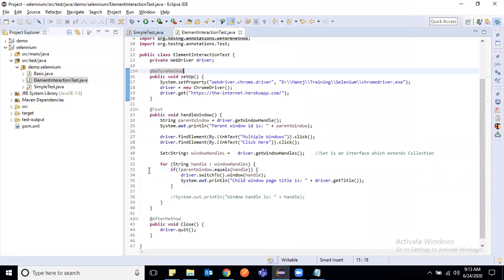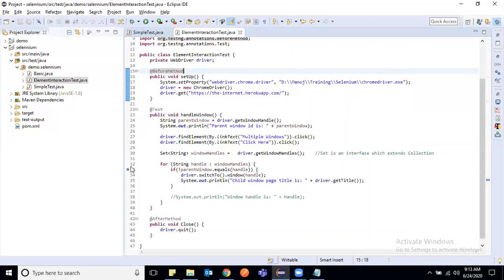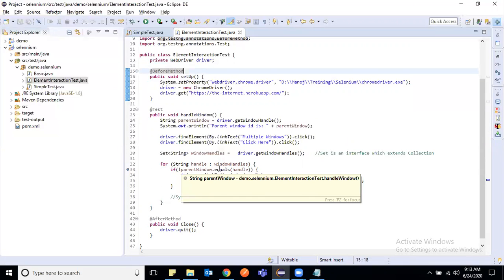To debug, we have to put a breakpoint. What a breakpoint does, if you're running in debug mode, it will execute everything before this breakpoint and it will come and stop here.